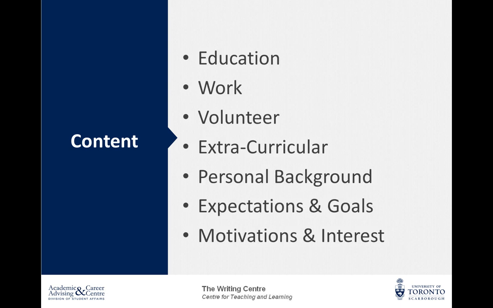For content, you might choose to write about your education, work, volunteer, extracurricular experience, goals, and interests. What would you include with regards to these topics? Take a moment to think about your achievements in these areas as they relate to your application. With education, you could mention co-op placements, specific courses, research projects, skills, or awards that might be relevant to your application. With work and volunteer experience, identify how they have prepared you for the program.